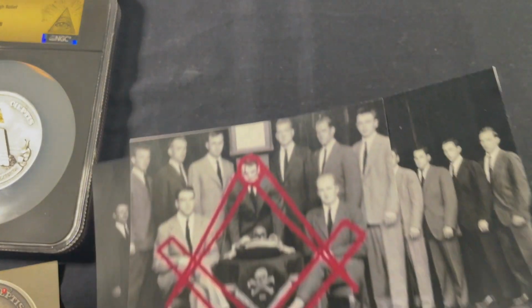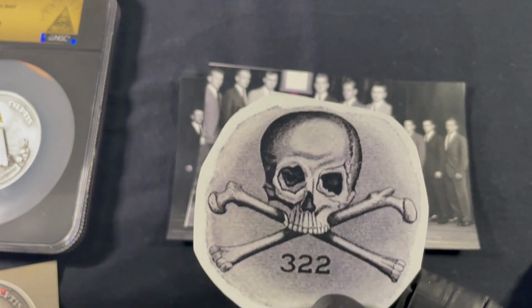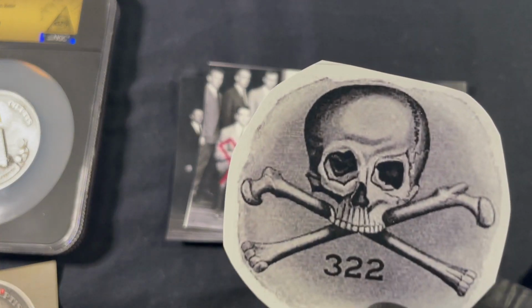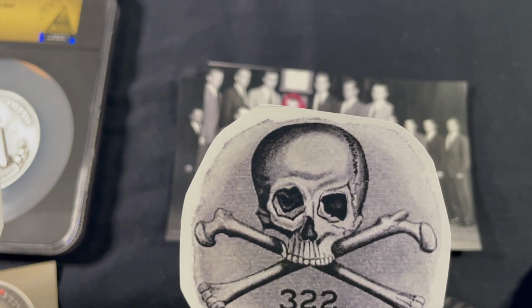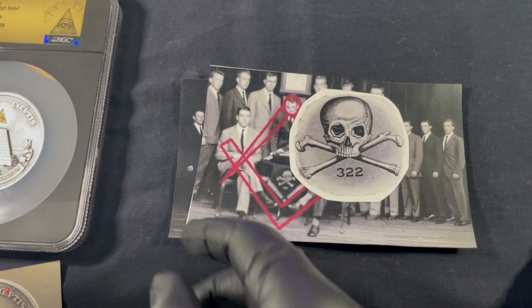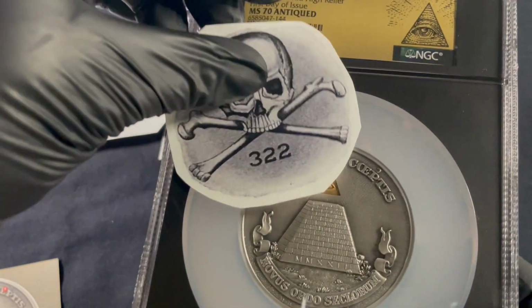But the Skull and Bones symbol, there it is, the 322. You know, what is that? 322 is a code for the Pythagorean theorem, which seems rather benign, but this was originally a formula used in Egypt when the Nile would rise each year and obliterate property lines. They would use that theorem to establish the original boundaries of everybody's property. But the reason there's 322